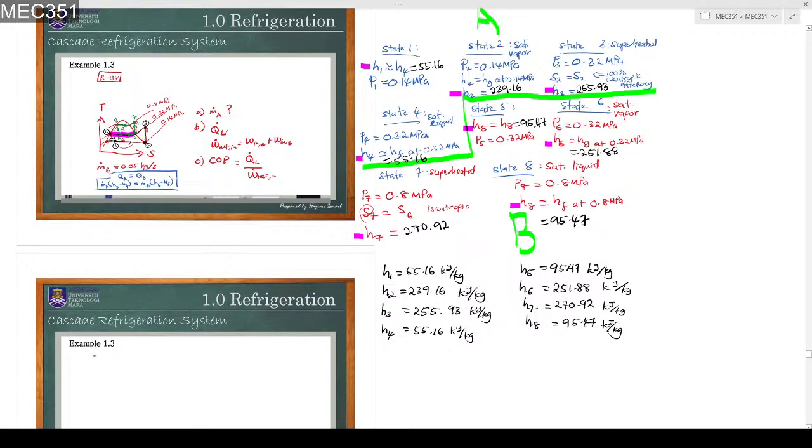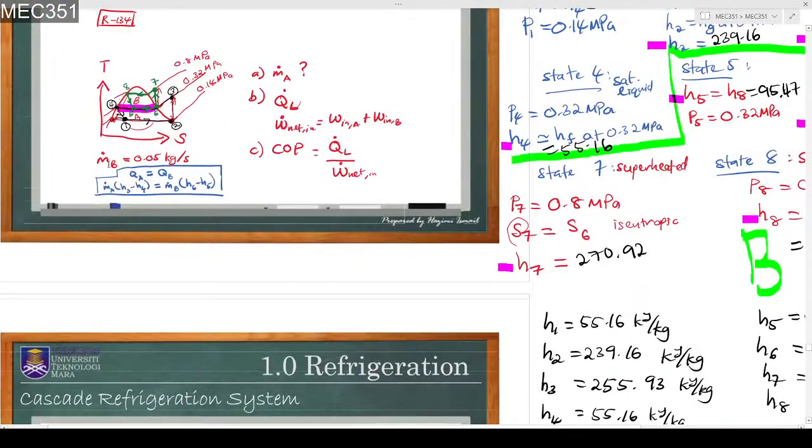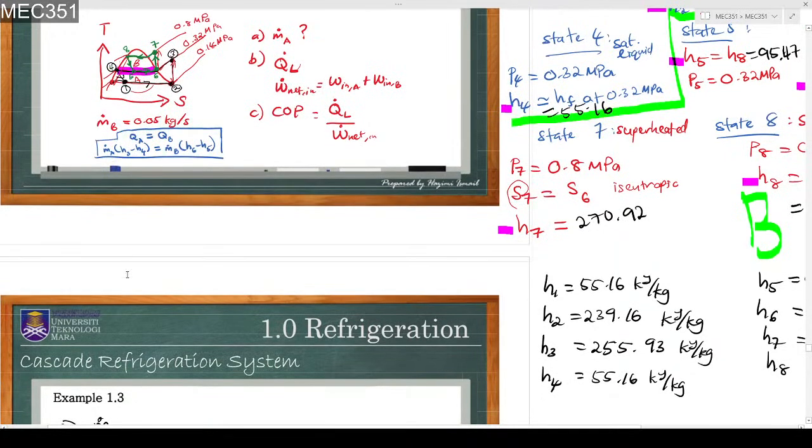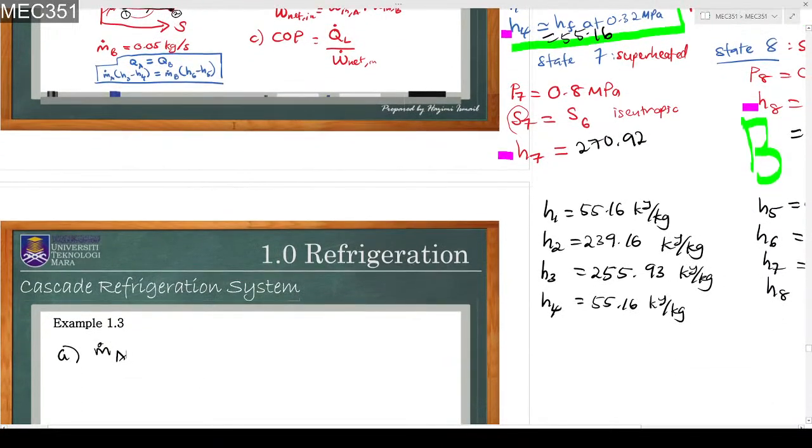So we can proceed with our question here, problem here. Dekat contoh A, dia nak M dot A. Okay. Tadi M dot A mana nak cari, dia dah bagi M dot B. So, cara nak cari M dot A hanya melalui cara ni je. Yang ada connection dengan M dot B hanya melalui rumus ni. Okay, so kita pakai rumus ni. H3 minus H4 equal to M dot B